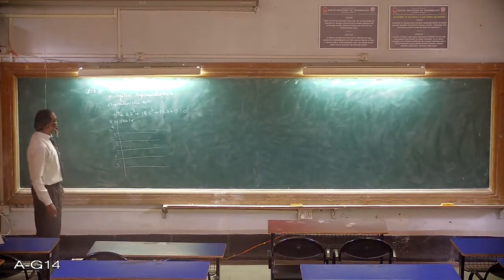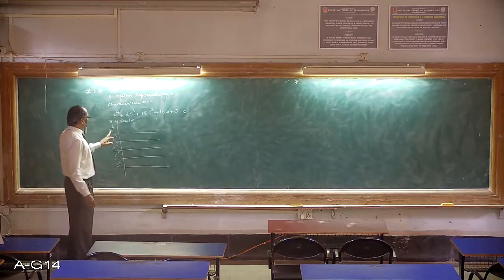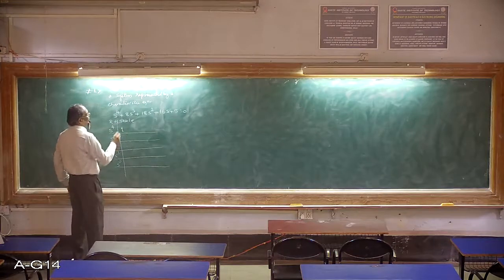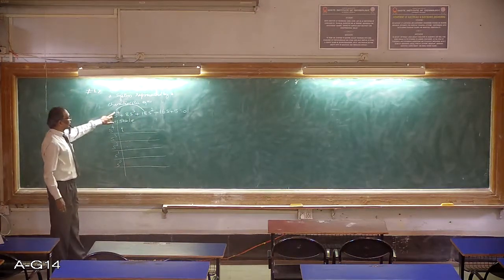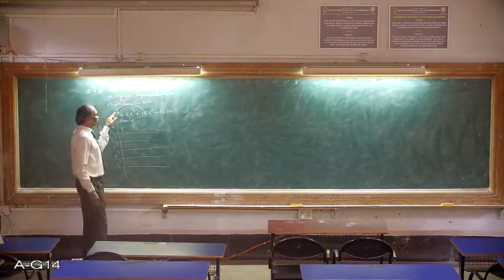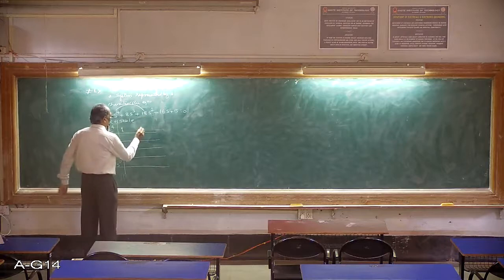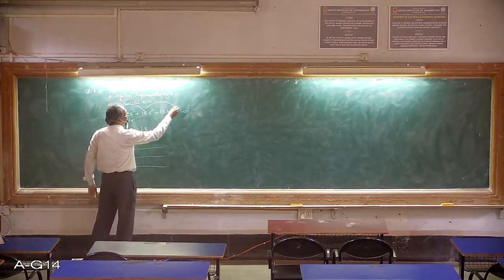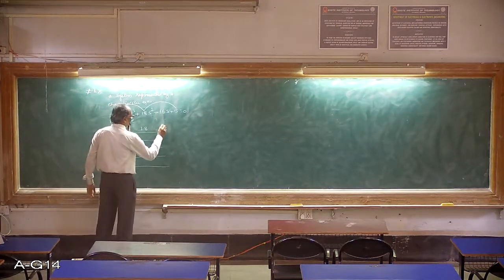Now starting with s raised to 4, write the coefficient of s raised to 4 as the first element. The next alternate term, the even power of s term, will be s square, so write the s square coefficient. The next power is s raised to 0, which is 5.